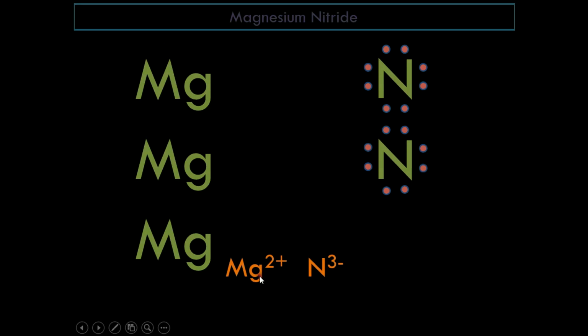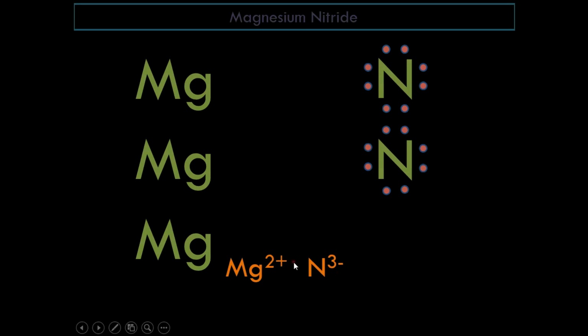So again, for magnesium 2 plus, each of these 3. For nitrogen 3 minus for each of these 2. It means that there are more electrons than the number of protons here. One way to deal with this is to apply the crisscross method, wherein group 2 elements usually lose 2 electrons and group 5 elements usually gain 3 electrons. So you put here a superscript of 2 plus for this metal and 3 minus for this non-metal, and